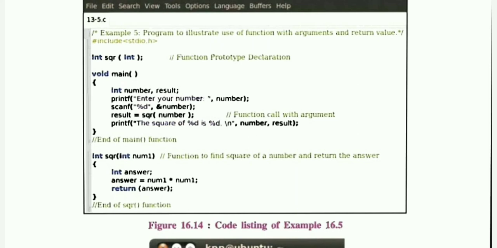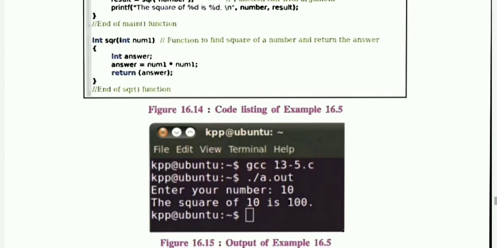With the first %d it will display your number, and then the result. So like this, two-way communication is possible with the help of the argument and the return statement.